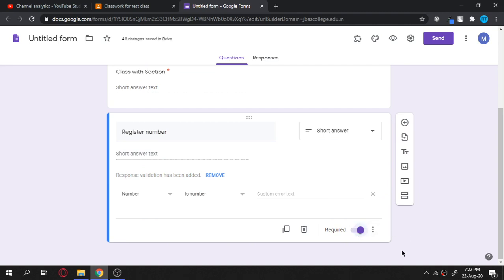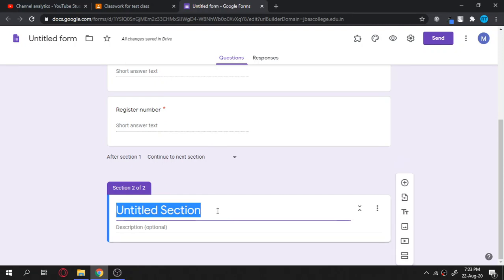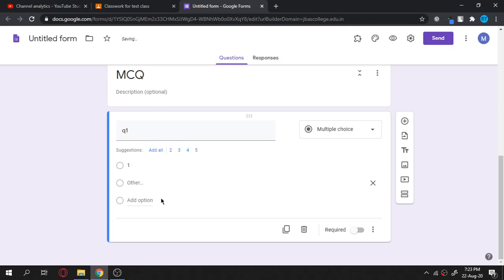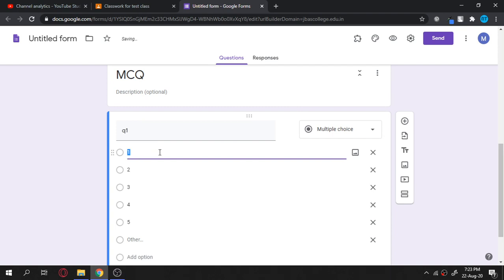Now let me go to the next section, where I can add the questions. Let's click add section and give the section title. Here I am giving it as MCQs. I am setting MCQs in this section because I have planned to have a mixture of both MCQs, 2-mark questions, as well as big questions, as we wish. Let us start with the MCQs. I am adding one question here, question number 1, with option 1, and then I add the other option, option 2. I can add all of them, and it will automatically add the answers.